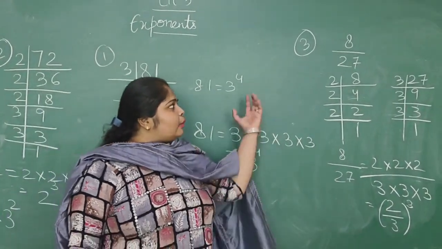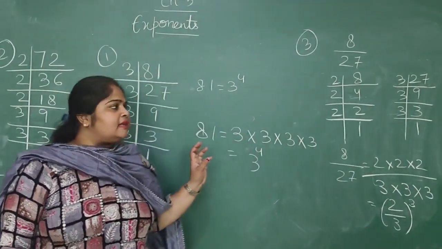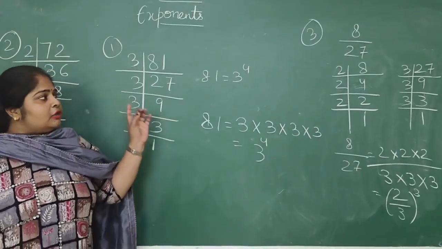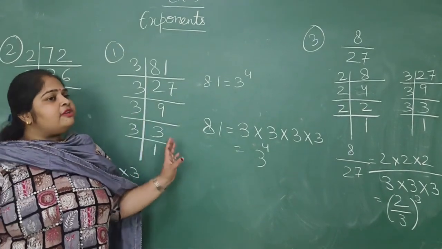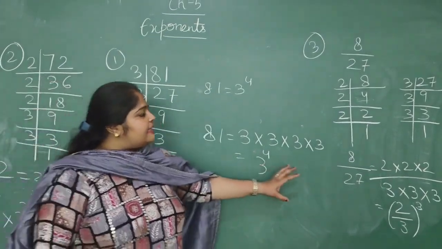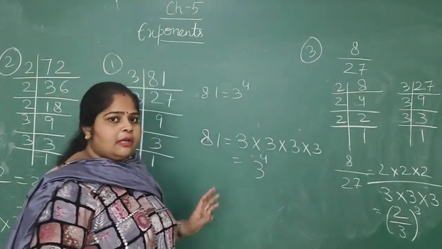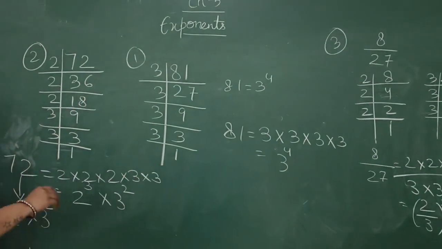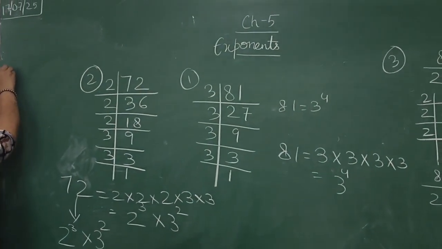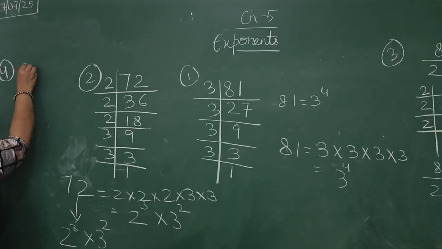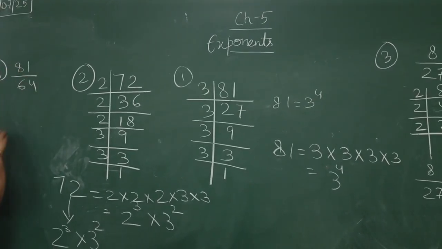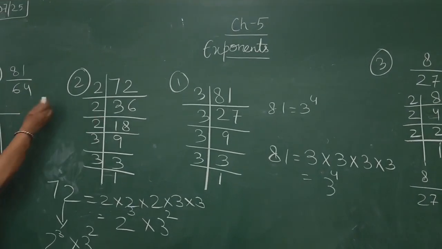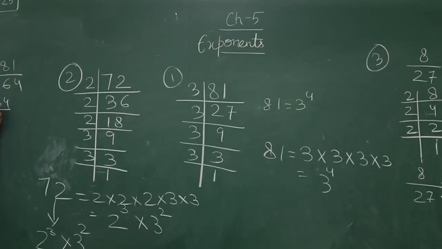Every time keep this in mind, whether it is the numerator or the denominator, you have to take the LCM of both the numbers separately, not together, and then write it in exponential notation. Okay, sometimes what will happen is you will get numbers where you will not get the same factors. So it will be 81 upon 64. Okay, so 81, as you have taken the LCM. Now 64,